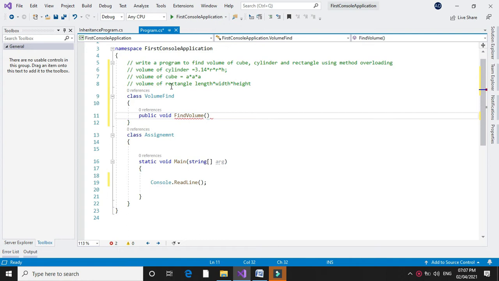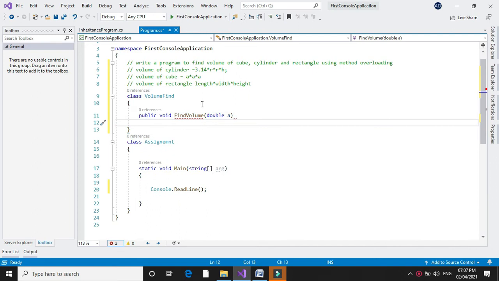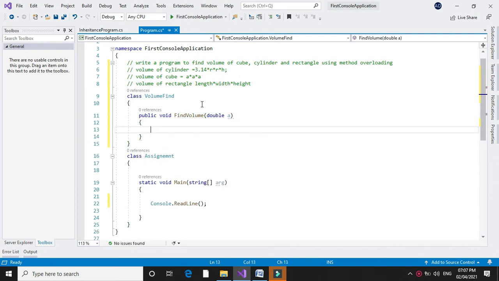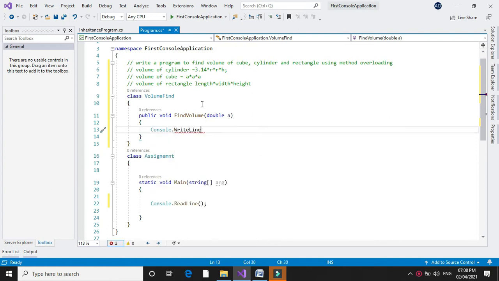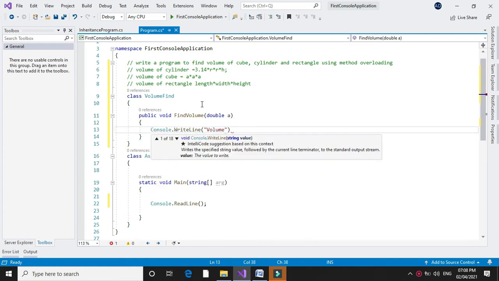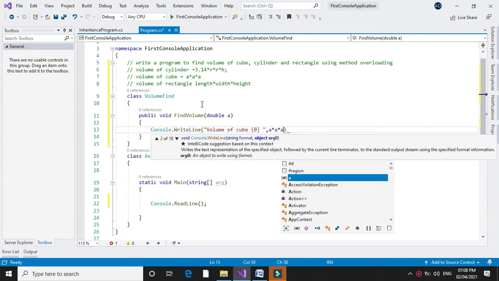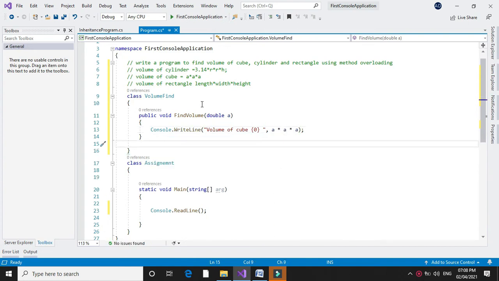For finding volume of cube we require only one parameter, that is its edge. So we will declare a variable. So we will declare a method with a single parameter, and in Console.WriteLine we will print volume of cube is a cube, that is a into a into a. Next we will write